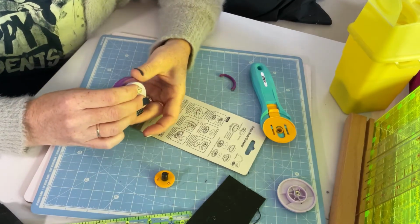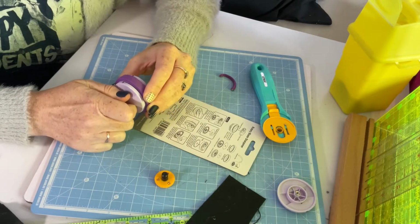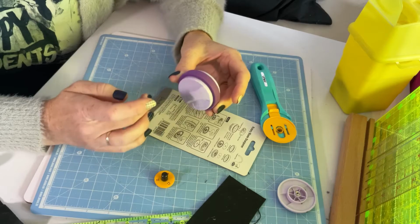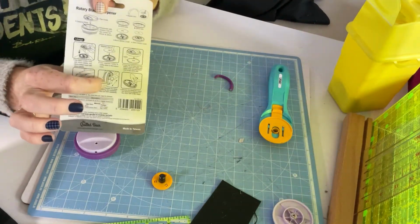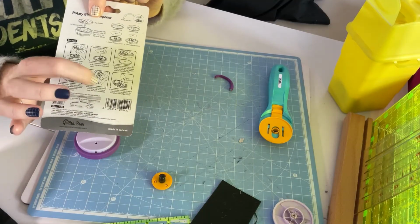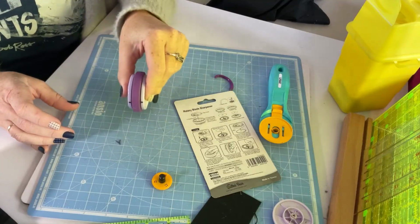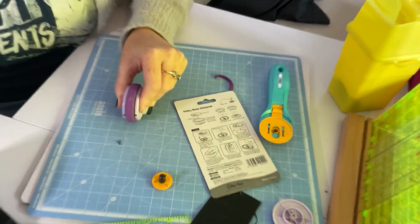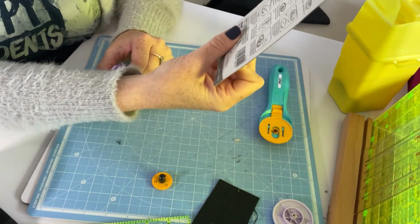repeatedly. So which one is the sharpener? This one? I can't slide it anywhere. I can turn it. I don't know if that's what I'm supposed to be doing now. Okay, so for me, this instruction was not super clear, but I've now figured it out. You're supposed to run it against a surface. I watched another tutorial and saw them do that. Maybe that's what the instructions show, and maybe you would understand it, but